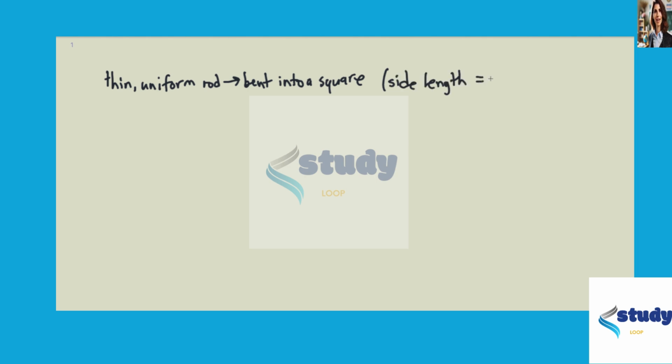So we have a thin uniform rod bent into a square, and we'll say side length equals A. We have a total mass of capital M. And due to the parallel axis theorem,